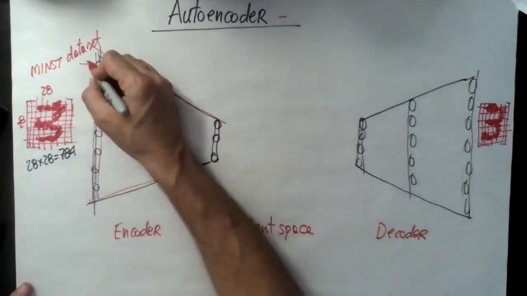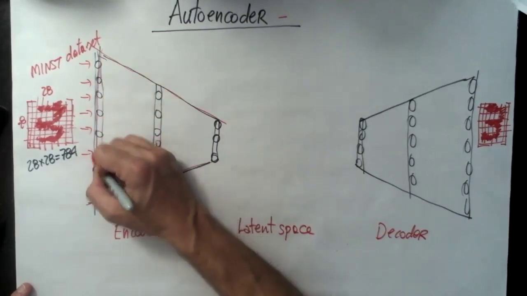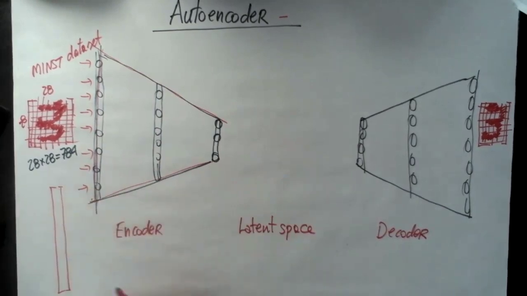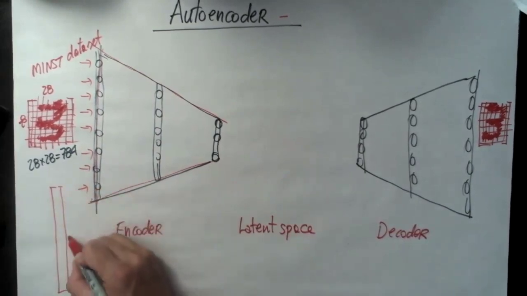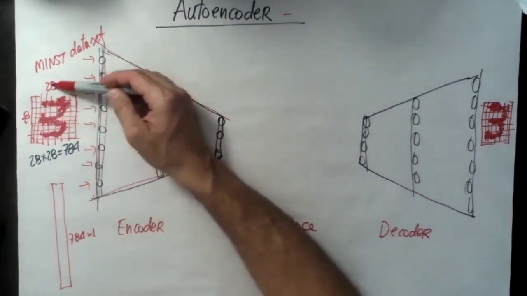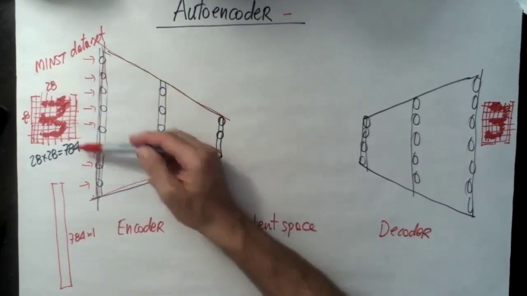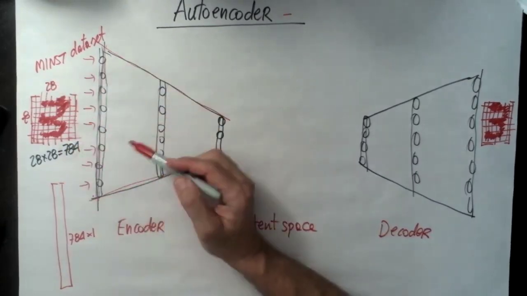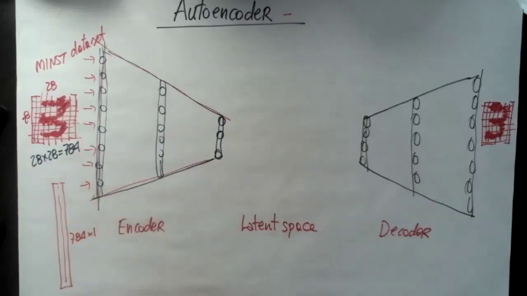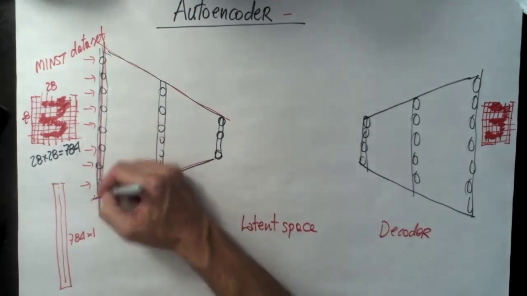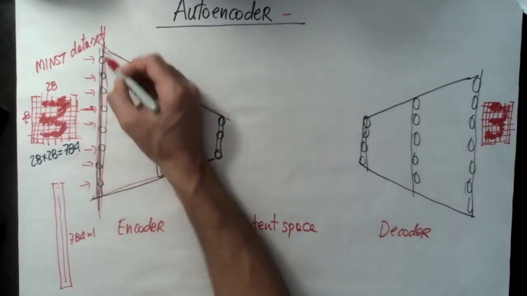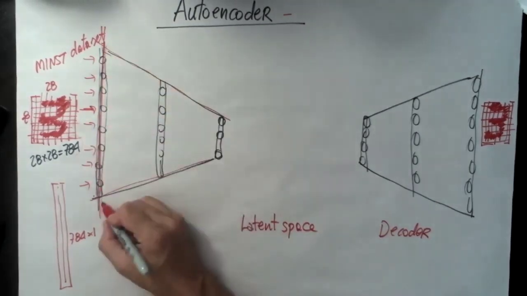So the input is basically a vector of the images of length 784 times 1. So each image is 28 times 28, which gives 784 binary values, which we put all in a single vector. That's basically the size of the first layer. And what happens is that after it goes through the first layer, which has 784 neurons,